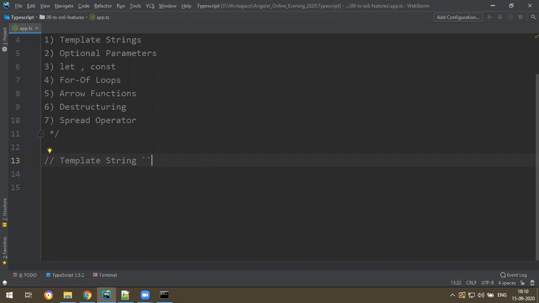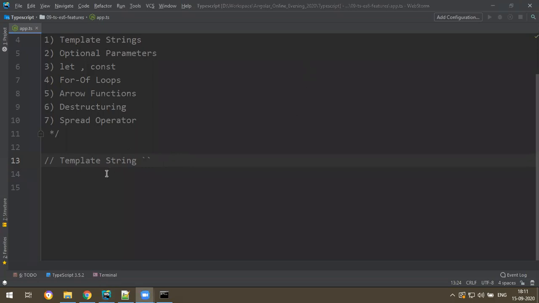This is a replacement for the string concatenation operator. Template strings have come to avoid string concatenation, because if you want to combine any dynamic values with some static text, you need to write a lot of plus symbols together to form a sentence with dynamic values. Instead we have the backtick operator. Let me show the difference between regular string concatenation and the backtick operator.